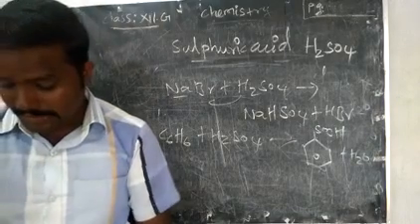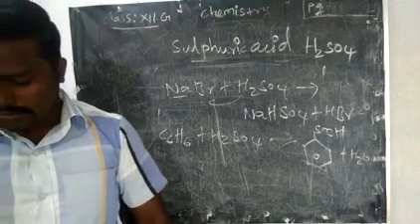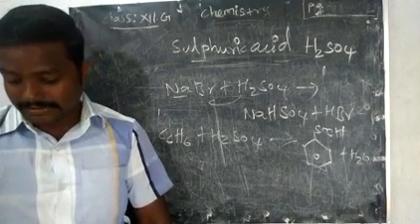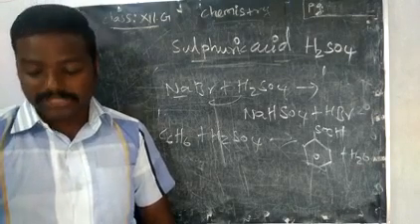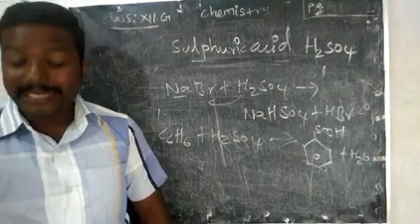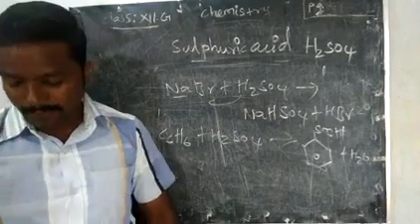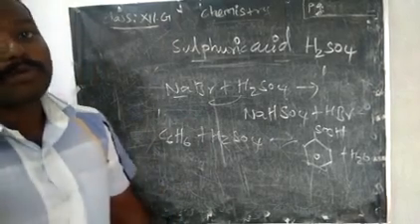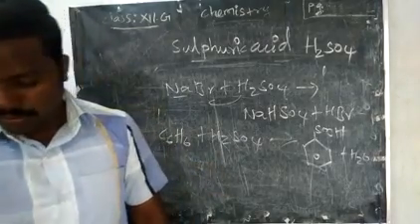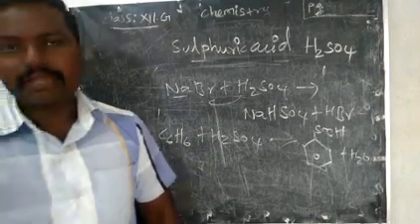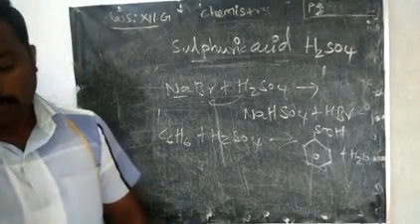Uses of sulfuric acid. We know that we can prepare many fertilizers like ammonium salt, or we can use it as a fertilizer. Then phosphate compounds also we can prepare by using sulfuric acid. Hydrochloric acid, nitric acid, like other mineral acids we can prepare. Then a very important use is as a dehydrating agent. So anything from which we want to remove the water, we can use this. Then we can use it to prepare pigments, solvents, and explosive compounds.